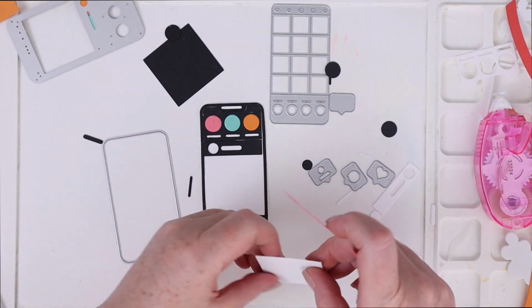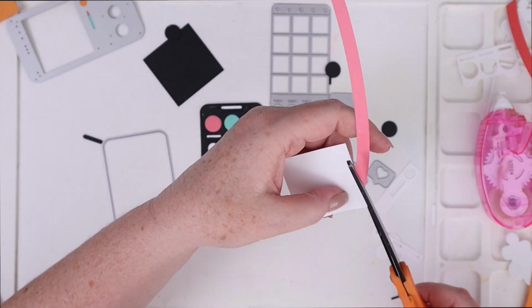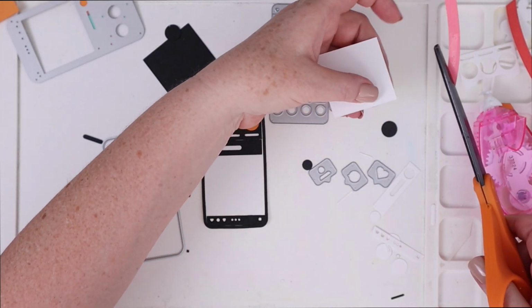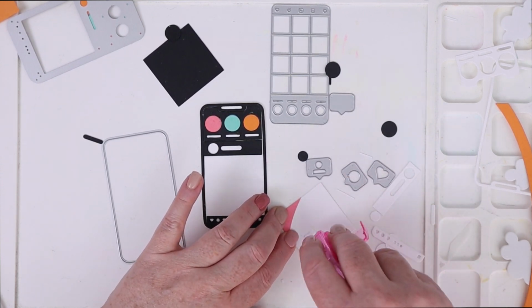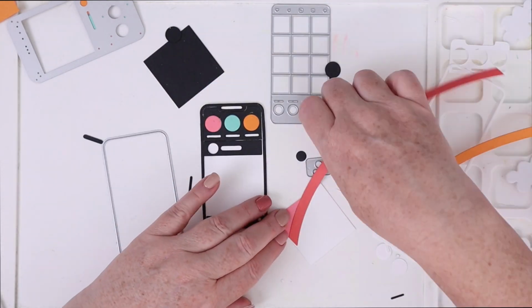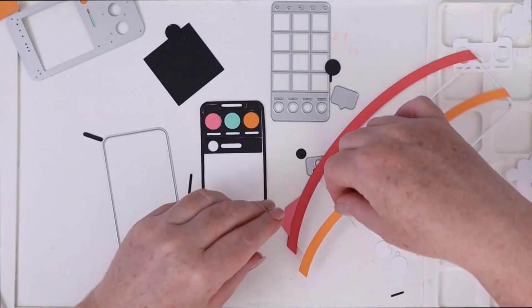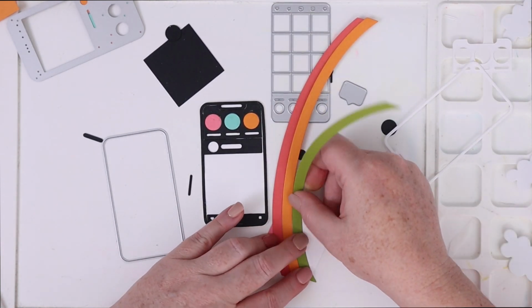Now I'm using some of those rainbow scraps that we had from before. This little square is kind of the screen. So I placed one down to see if I liked it, and I did. So then I'm going to put tape runner on the rest of the square, and I'm just going to line up the other colors that I used in the Slimline Rainbow card and just lay them on top of the